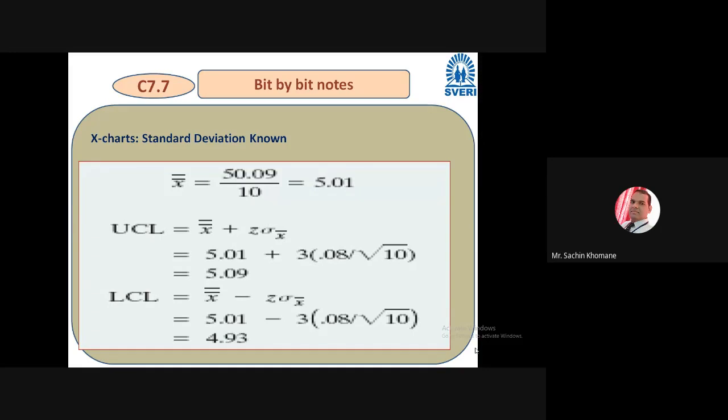So control chart limits: I showed the diagram at the beginning, right? So just understand now: UCL value, LCL value. Now we have the values of all three lines, right? UCL value, LCL value, and the center line. So what is the center line? That X double bar is nothing but the center line of your control chart.